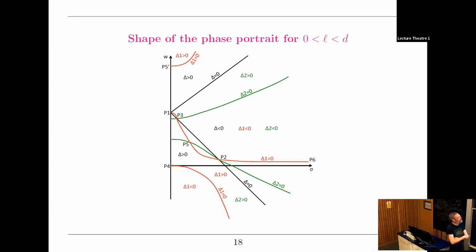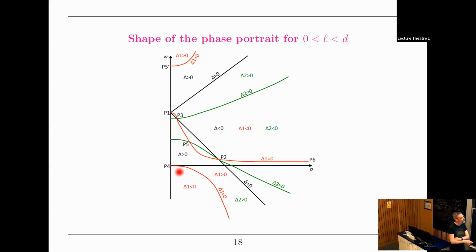Okay, so what is the goal here? Of course, I changed my variables and didn't really tell you how I changed them, but trust me. First of all, you want a radial solution at the origin, and due to the change of variable, the origin now is at infinity. So you want to start at this P6 point, and that will mean that you are radial at the origin. And then you want to converge to 0 at infinity, and the point that corresponds to 0 at infinity now is at the origin, it's this P4 point.